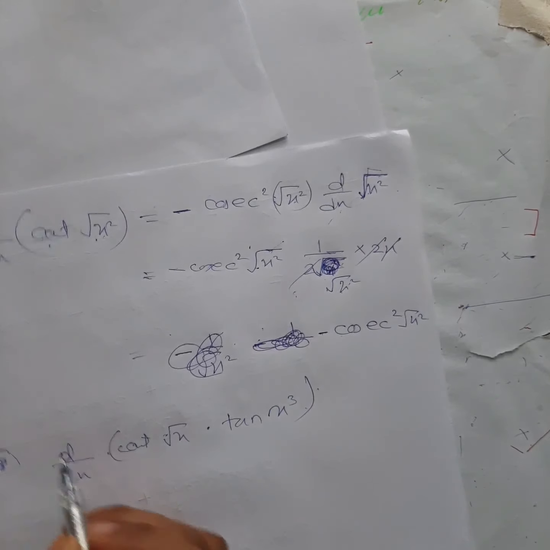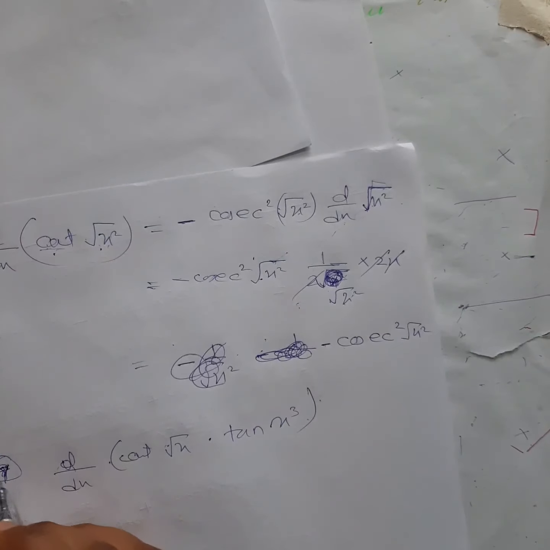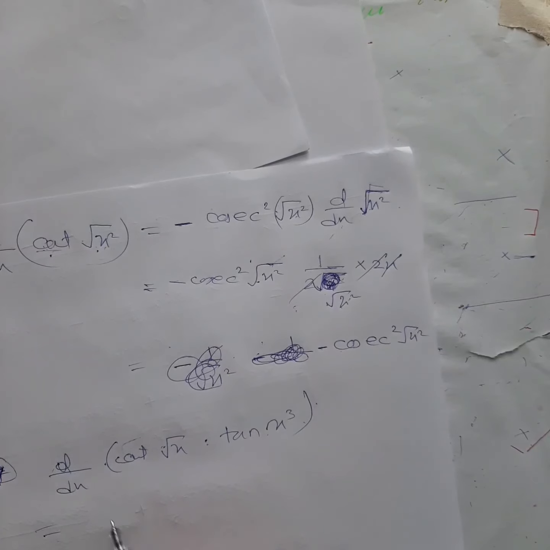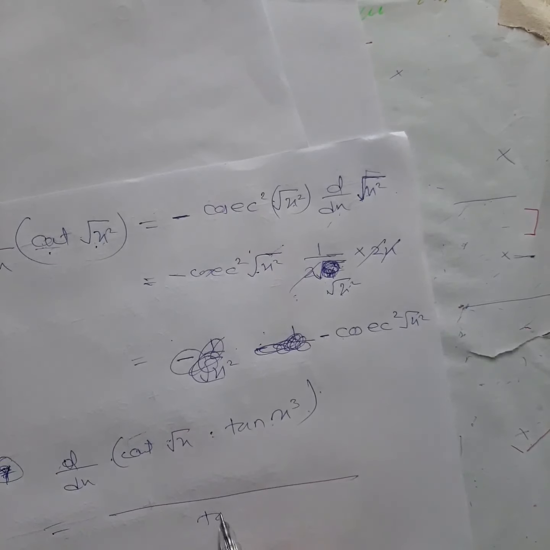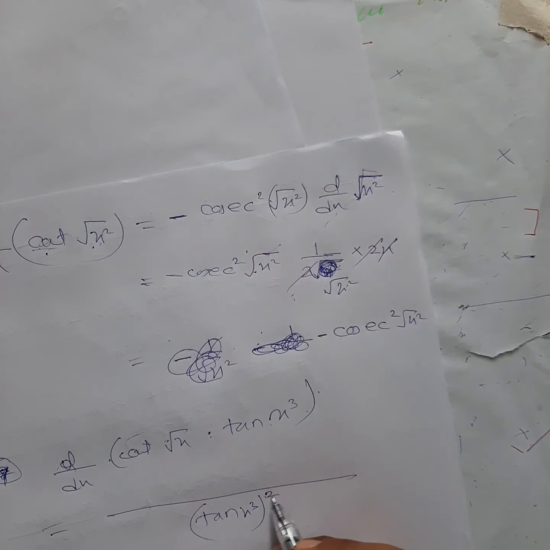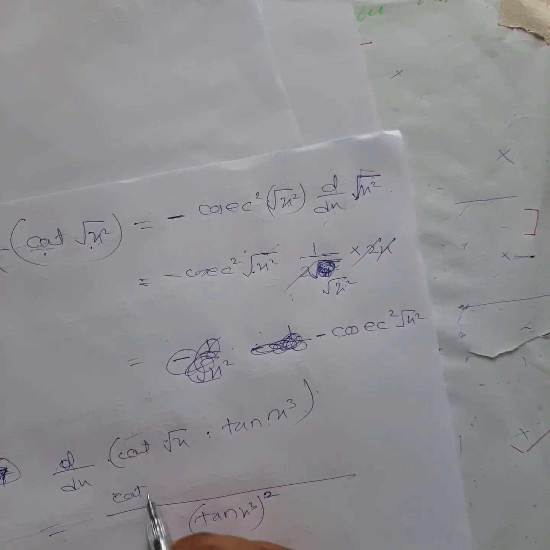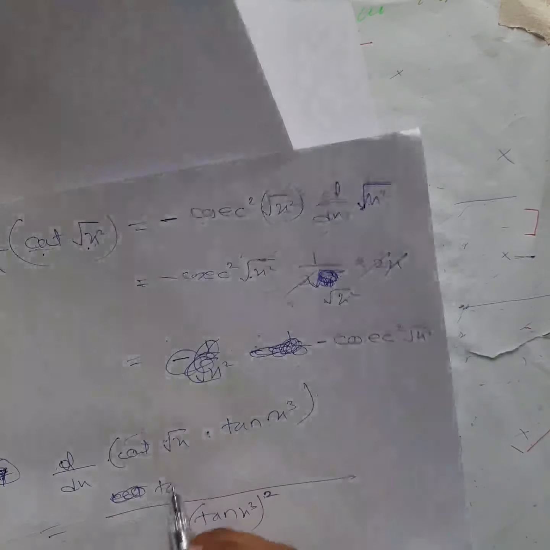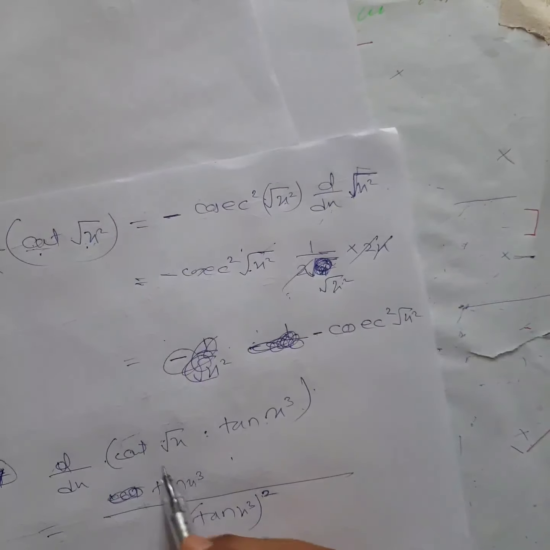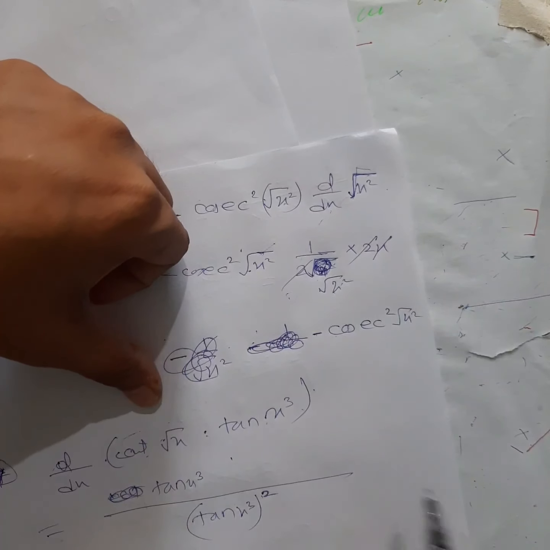See here, question number 8 first. Let's do it. Not 8, sorry, 7. So this is of the form uv, right? So uv form, you know, v square, then this you can take it. Okay, let me write 10x cube. We will leave as it is. We will derive this one. So let's derive directly here. Okay, I will show you now how to do directly in one step once you understand.